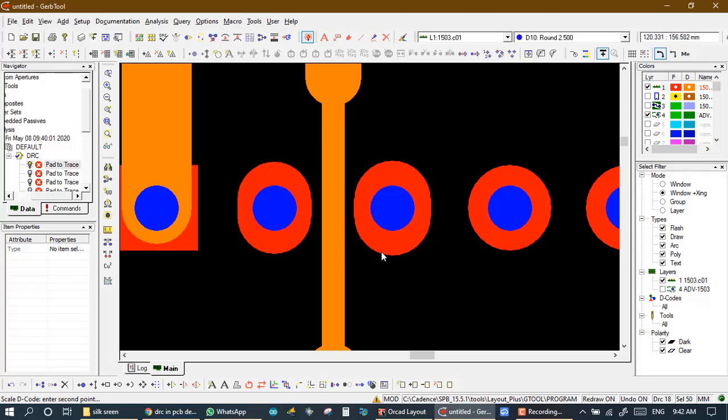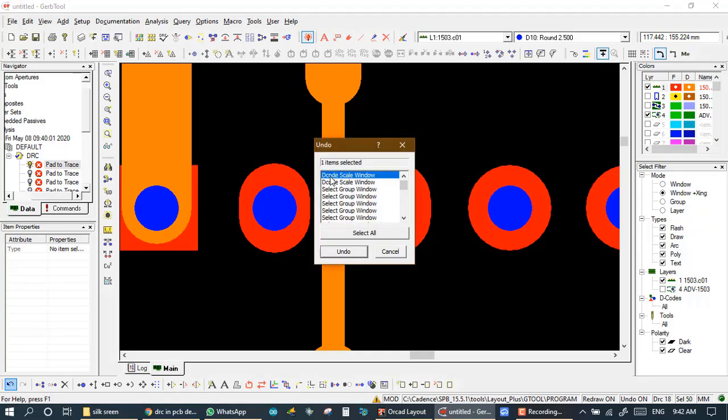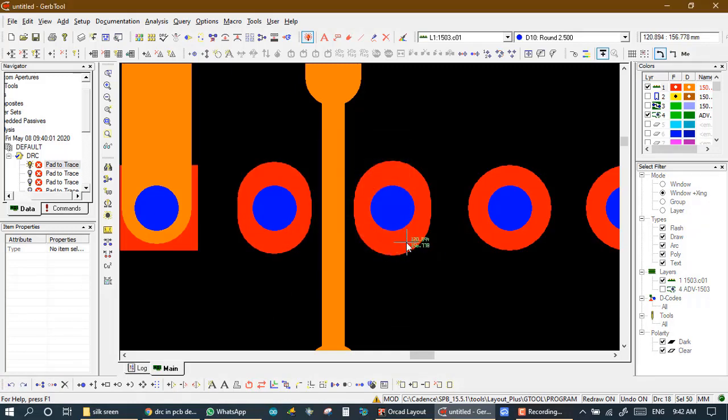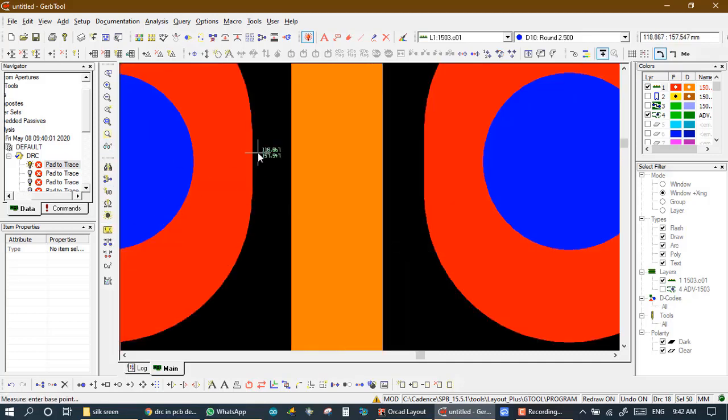We decrease this. Now we measure once again, and it is 217, approximately 0.21.